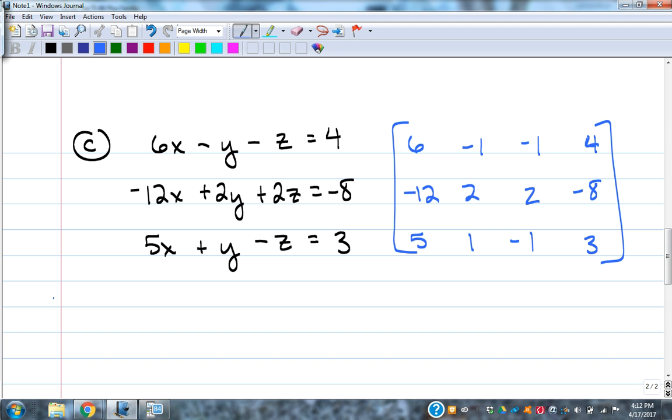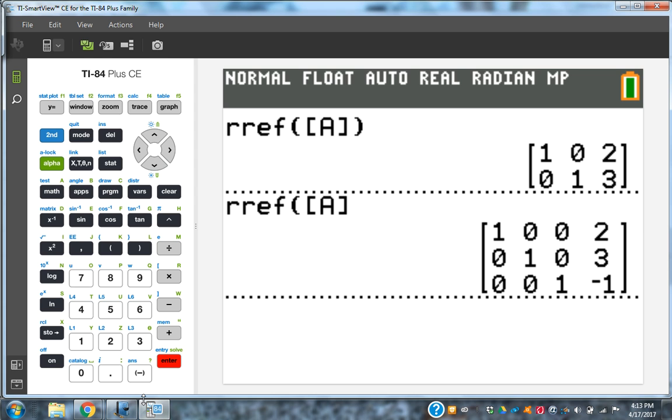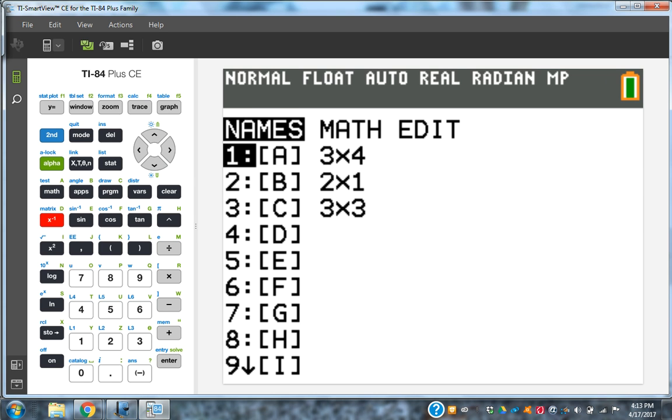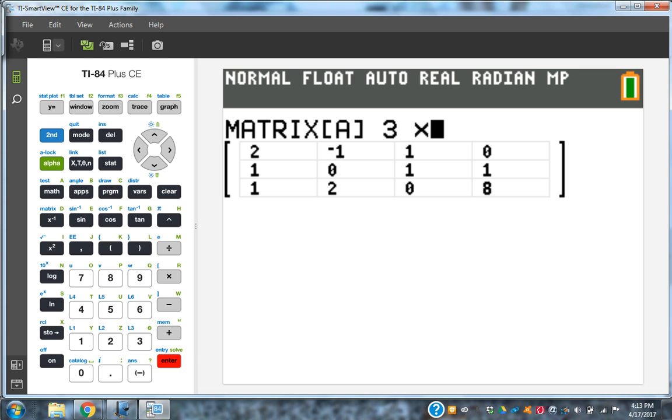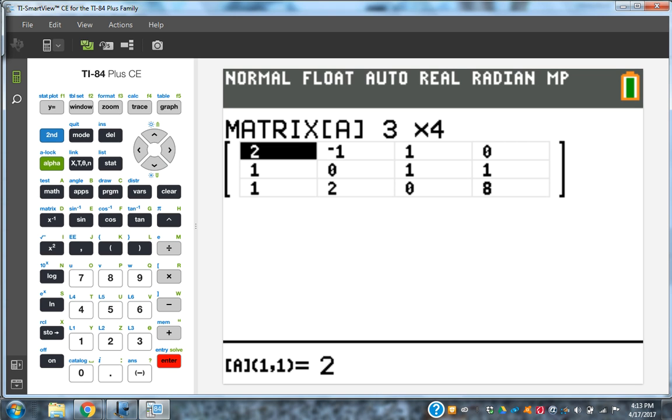And that's a 3 by 4 matrix again. And then I'm going to run RREF on that matrix and see what it gets me. Second matrix, I'm going to edit the 3 by 4 again. So I've already got one of those set up. And then just put in the numbers 6,